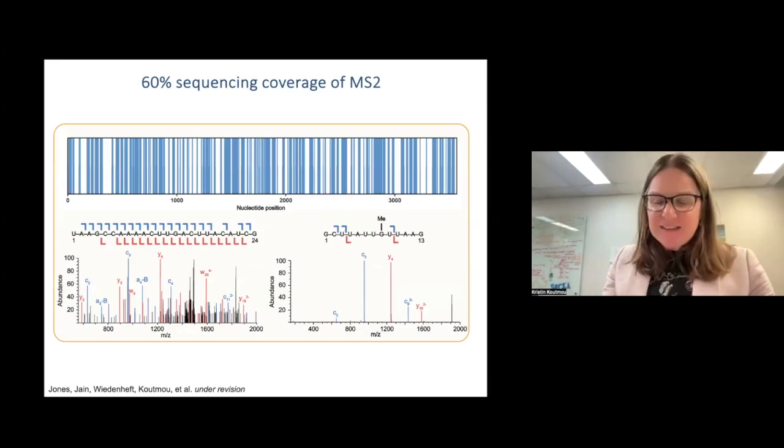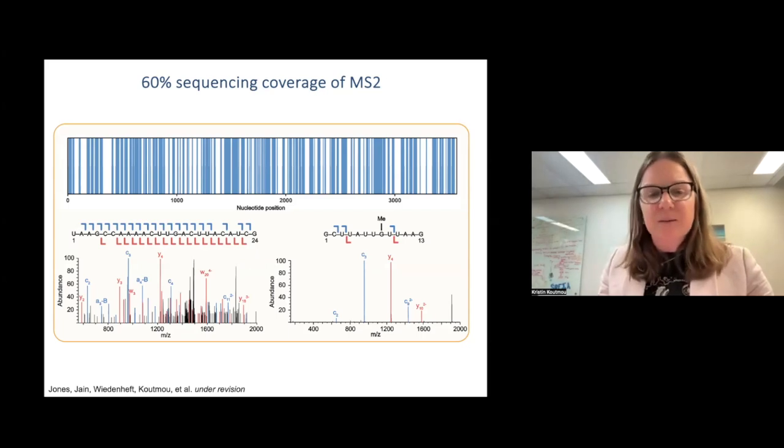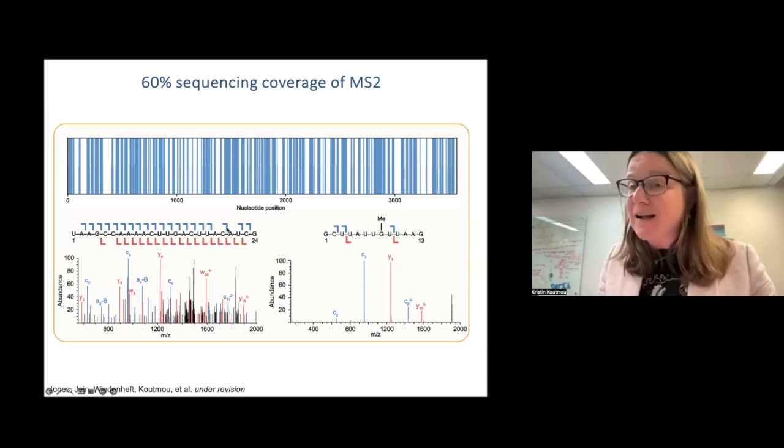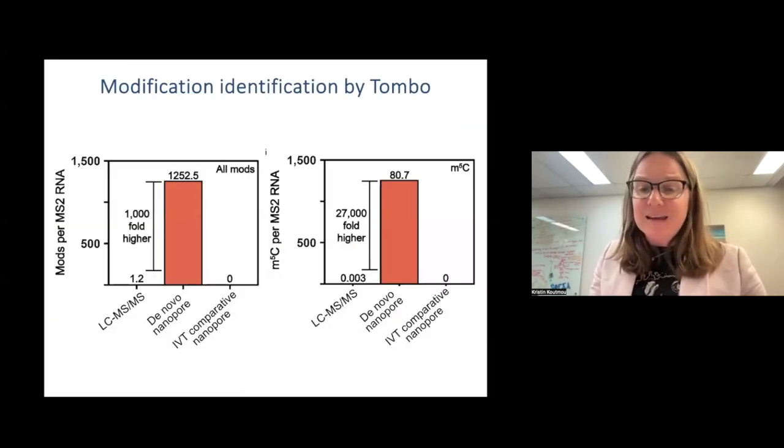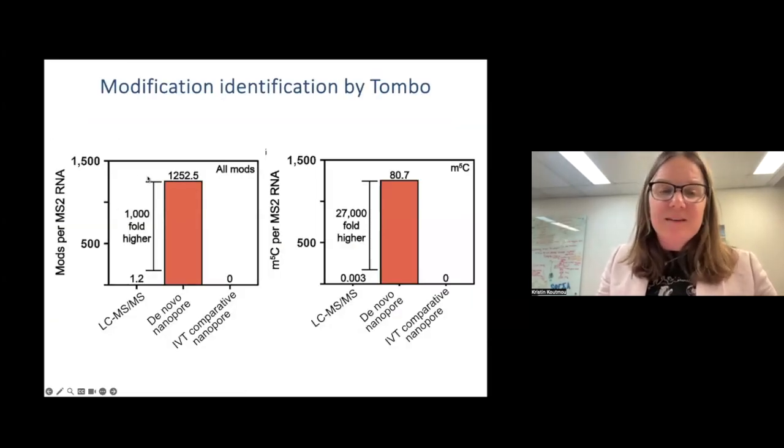So when Josh did this, he was able to sequence the MS2 bacteriophage with about 60% coverage, and really he did not see any modifications, which is not surprising because using sequencing, we can't see the isobaric pseudouridine modification. We then did nanopore sequencing, and we saw that when we ran de novo nanopore and looked at it by Tombo